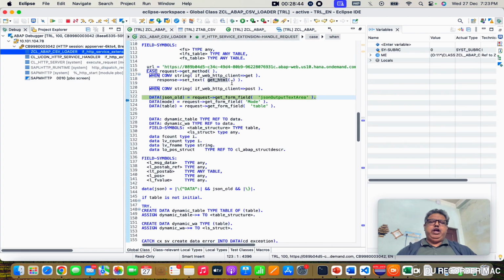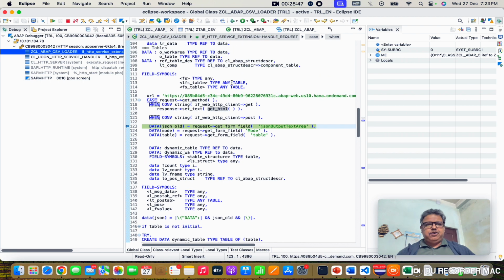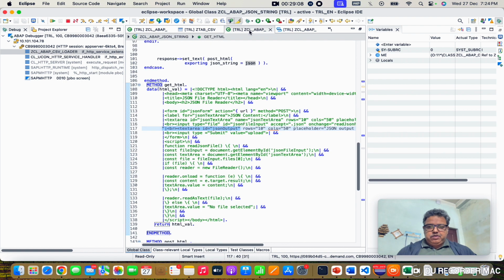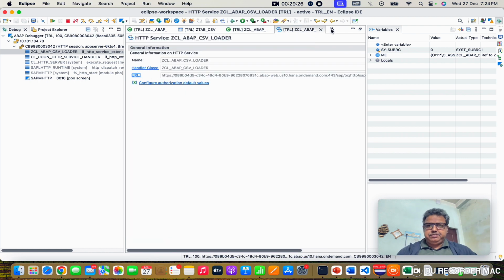I have kept a breakpoint for you, just for better understanding. So it's a breakpoint and it has come to this part. Okay, so your URL is this and all. Now if you see, it is coming under the post method, because the HTML that I showed has the URL and method post, if you remember. Whenever you press the upload button, it is type submit. So this form will be submitted, and the post method, as you see,